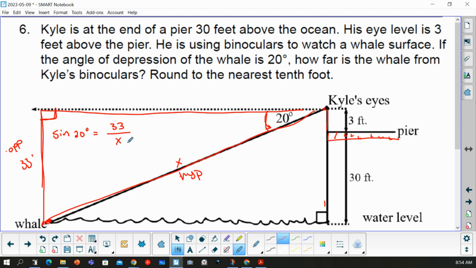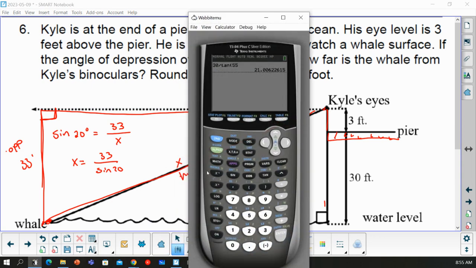When our unknown is in the denominator, I taught you a shortcut where the numerator can trade places with the denominator. So I'm going to put the x over here. And on the right side, I'm going to put 33 over the sine of 20. So this is what we're going to plug into our calculator. I grab my calculator, and I want to say 33 divided by sine 20 equals. And I get